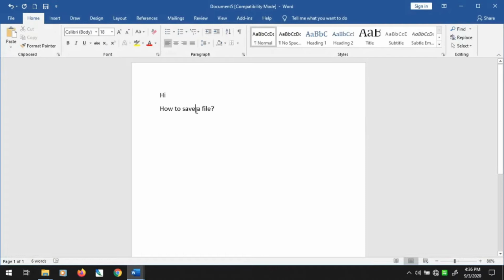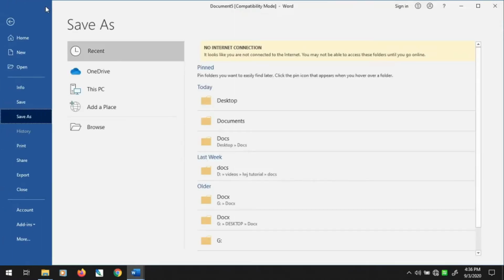Okay, so we were here and we want to save this file by using the quick option here in the Quick Access Toolbar. Here is our option for Save. So we are using this option. Let us click on Save. Okay, so we are on this type of screen. What is this showing? It is showing the location where you want to save your file.